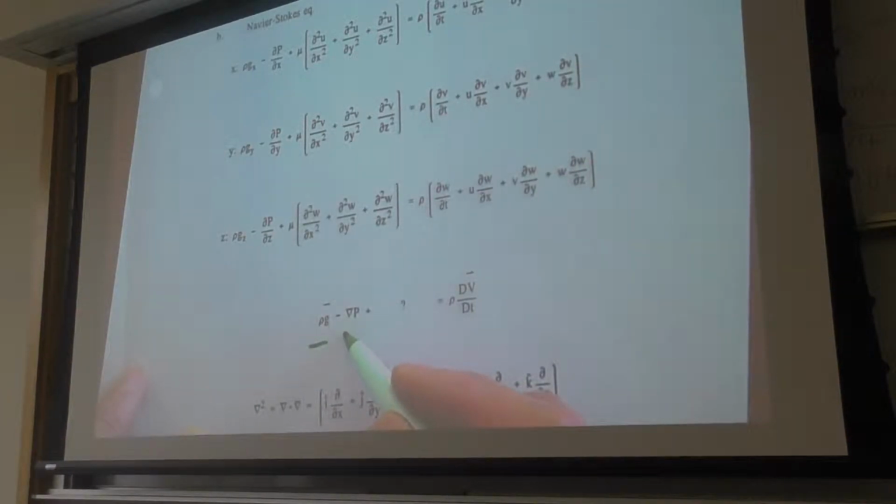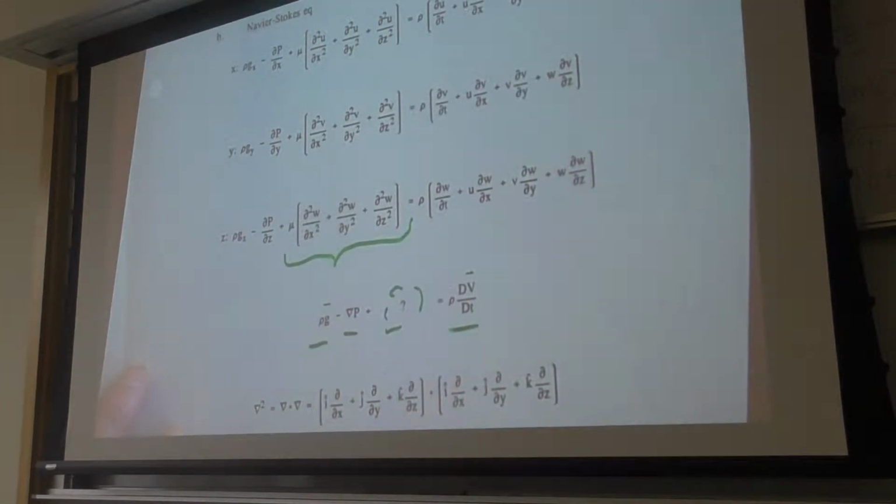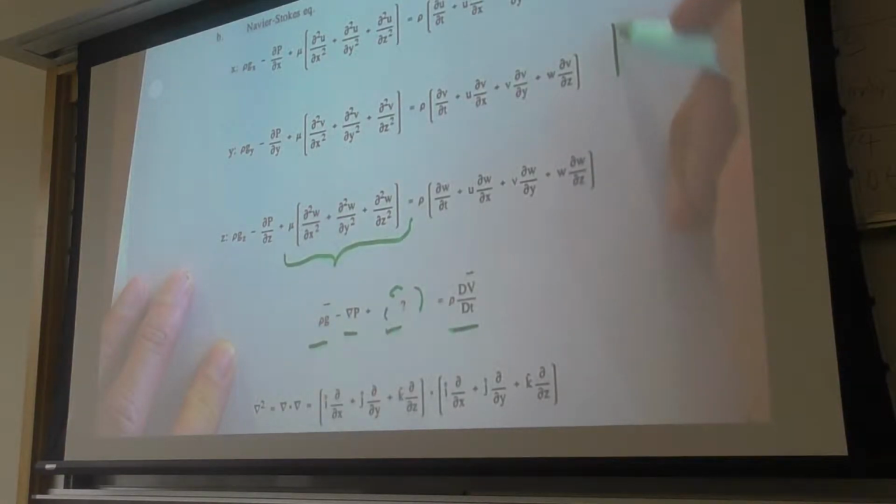Gravity, pressure force, acceleration times mass per unit volume. The missing question mark are all these terms here due to viscosity. And they have a second derivative with respect to the coordinate. And the reason they come about, just the big picture, very high level,